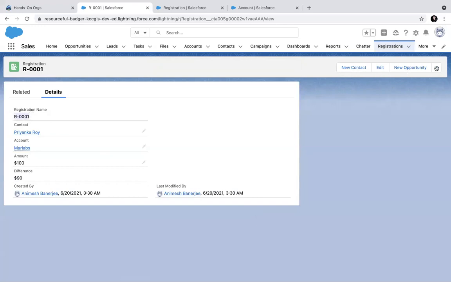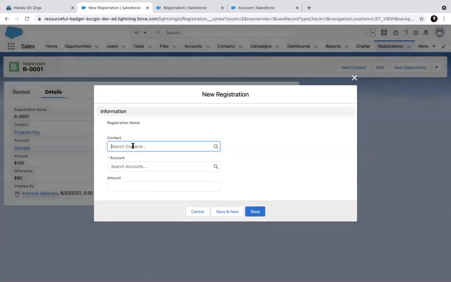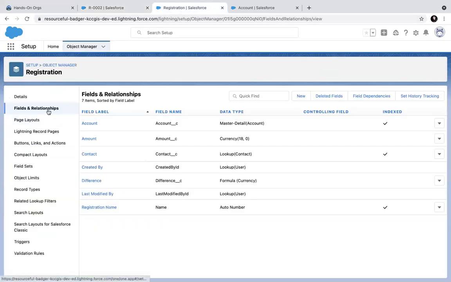So auto number fields are automatically generated numbers. If I create another, R-0002. So it keeps on incrementing itself. Auto number is another kind of field, which is a sequence, right?